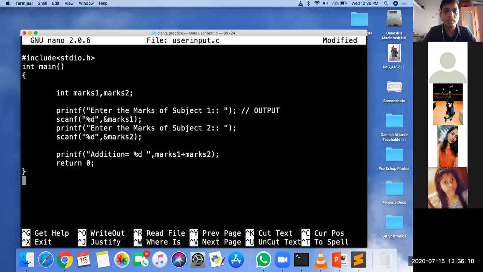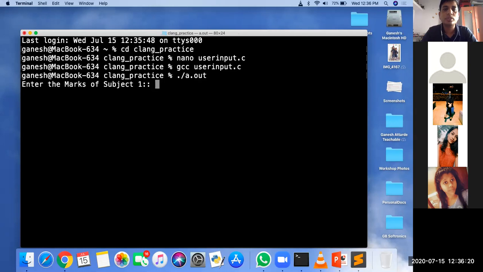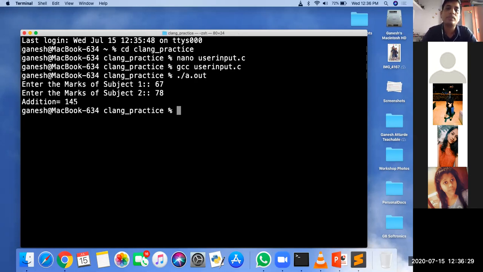Okay, so this is my program, control X, Y, enter, and then GCC user input dot c, and then dot slash a dot out. So it will ask for the marks. What is the marks of subject 1? Suppose 67, marks of second subject 78, and the addition is 145.